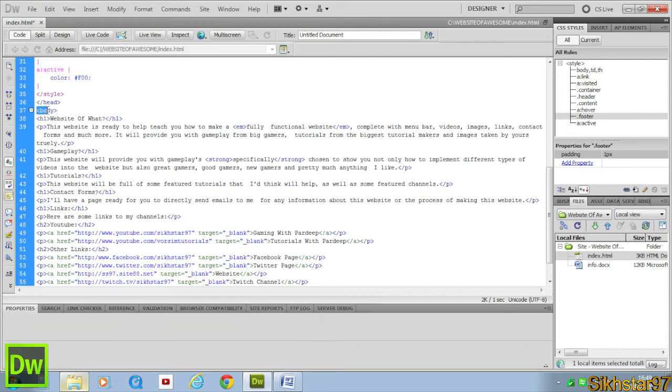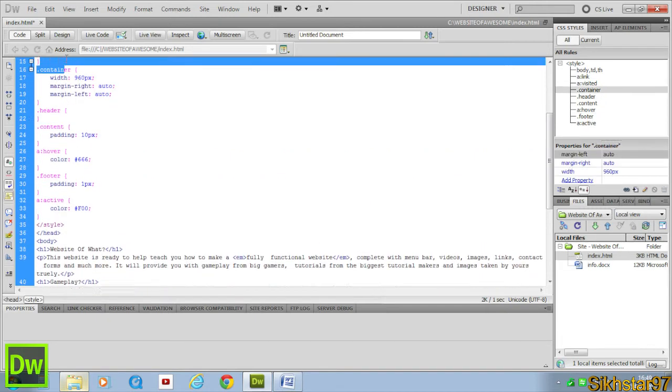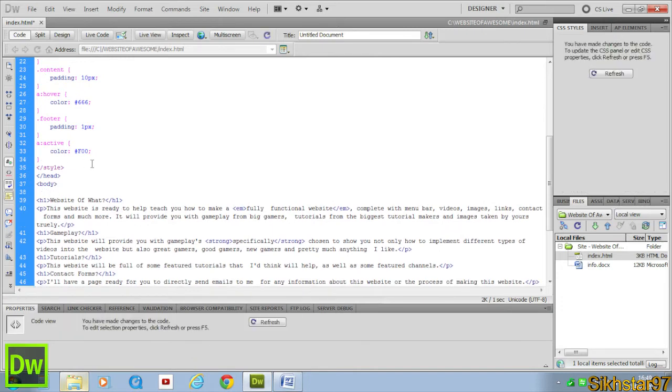So we want to go and find the body bit, so it should be below the head and all these styles that we've created, so the header and the container and stuff. And basically after the body and before the first text you put in, click enter and put bracket div class, click enter or double click class, and it gives us a list of our classes. And the first thing we want to do is container. So we double click container, close that,